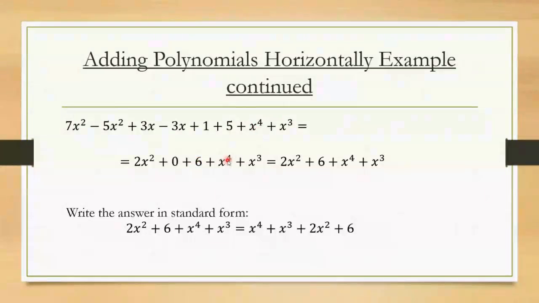We have x to the 4, that stays. X cubed also stays, as you can see. Okay, and we just rewrite it like this. Because we had 0 here. And it's really good to write your answer in standard form, which again, the term with the biggest exponent of x goes in front. And then next would be x cubed, then 2x squared, and then 6. Again, you want to write it so that when you read it from left